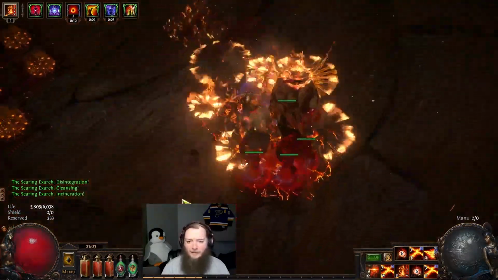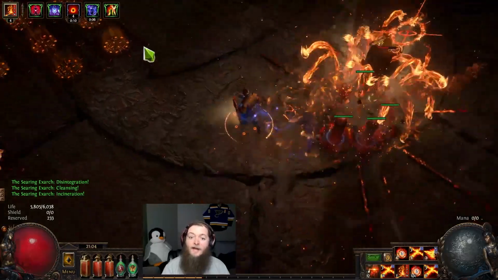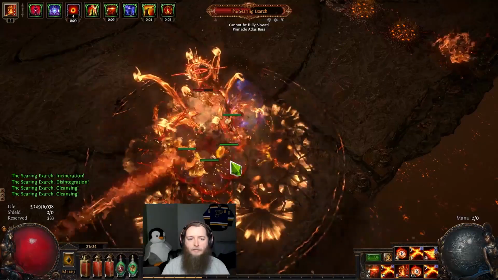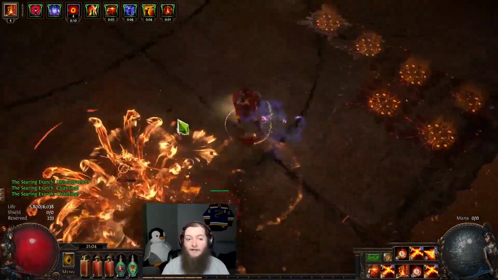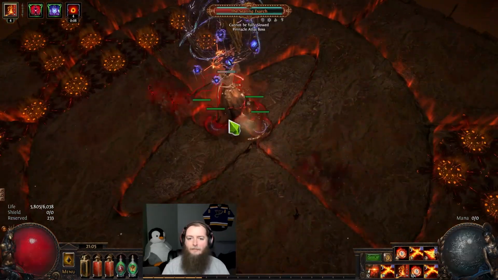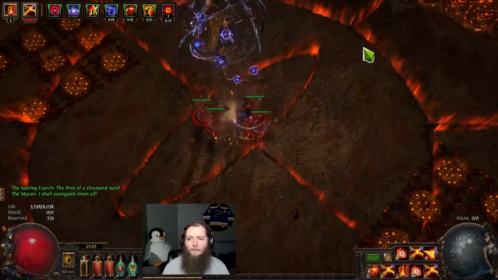I could probably stand in this stuff. Well, I have to not get hit by the incineration blast. Yeah, I gotta keep the blood rage up. Like, I do not have to be channeling. I just need to keep the blood rage up. Okay, if I blow them too close to me, that's an issue. But otherwise... Oh, going right into more...